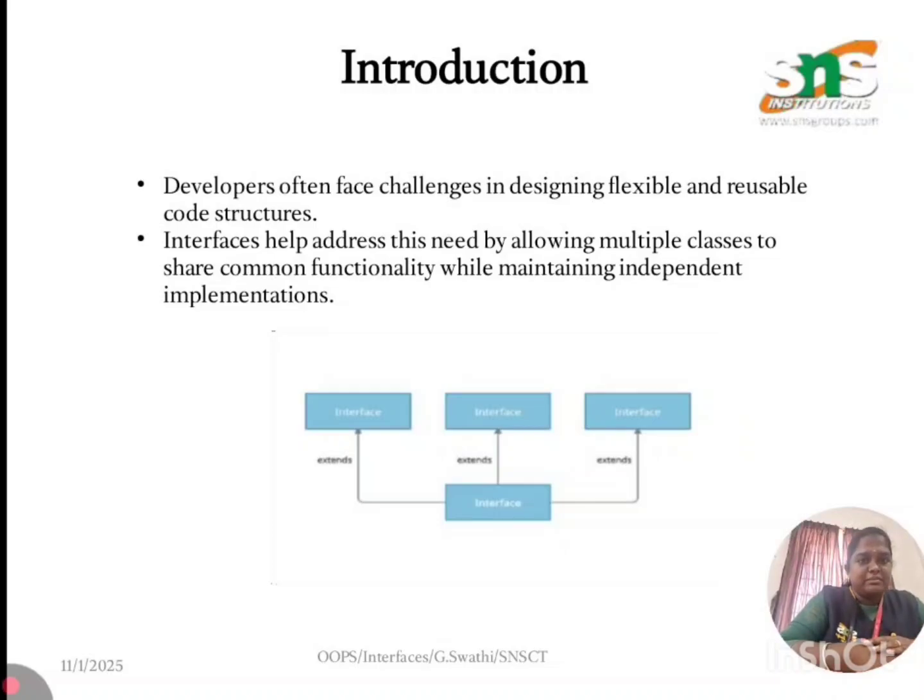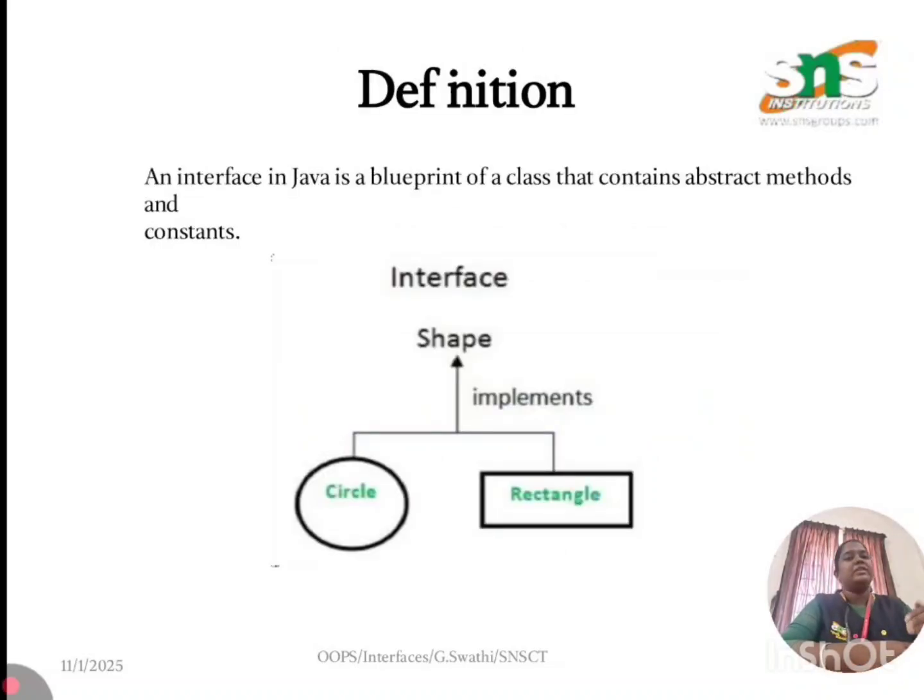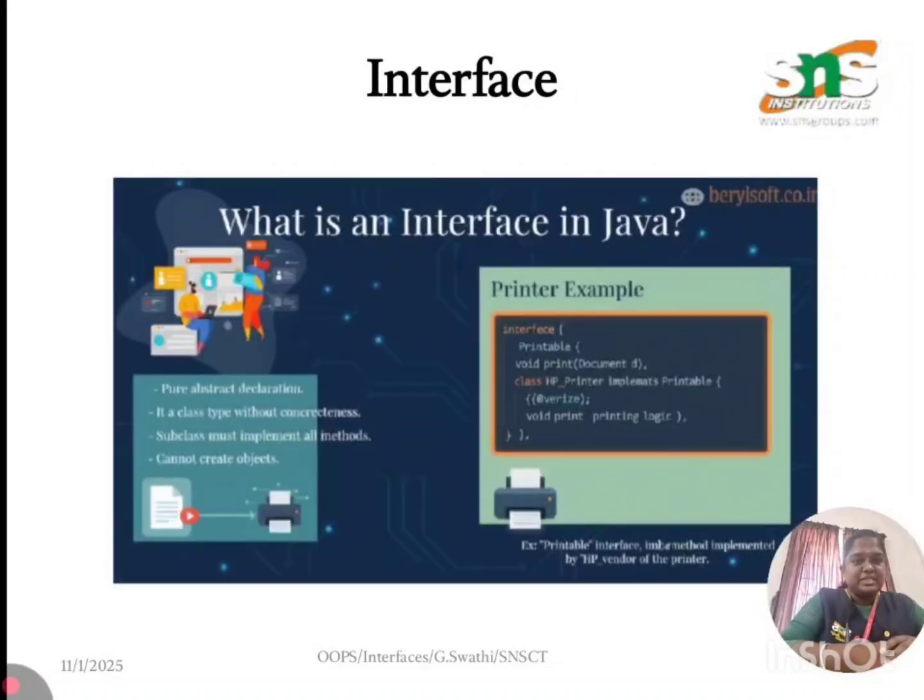In this we have a diagram of an interface, showing how an interface is extended by subclasses. And then we have a definition here. Interface in Java is a blueprint of a class that contains abstract methods and constants. And we already saw the diagram where shape is implemented by circle and rectangle. The same diagram is here. And what is an interface in Java? It is like a printer example,